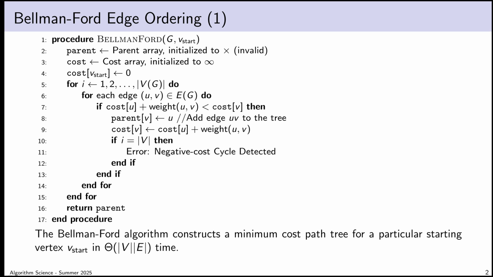I'll just pause here and observe that the minimum weight spanning tree problem does seem to have a few similarities to the minimum cost path problem. In both cases, we're developing a sort of tree involving an edge-weighted graph, and we're trying to minimize some statistic derived from the weights of the edges.